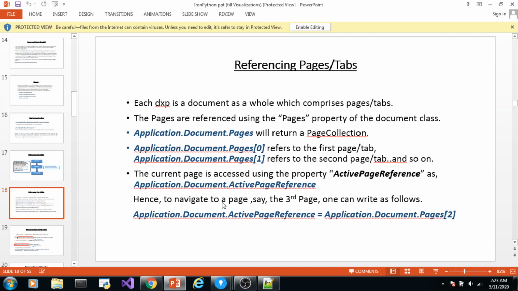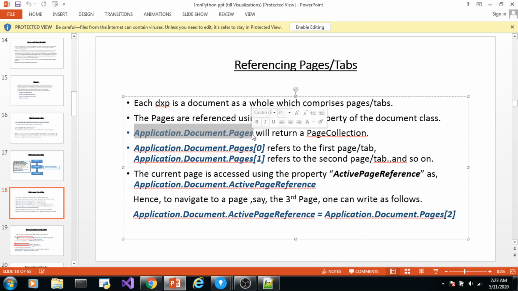Now, as we said, this statement returns a collection of pages. If you look at the Spotfire API, there is a class called page collection. So whatever properties and methods are designed for a page collection can be used here with application.document.pages.